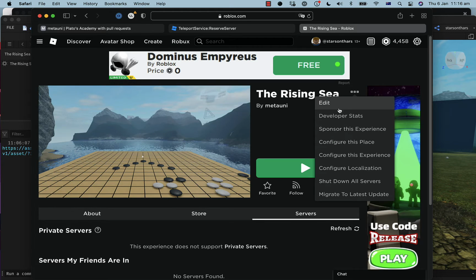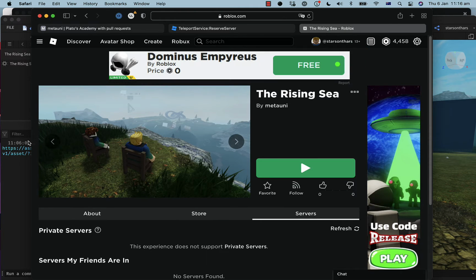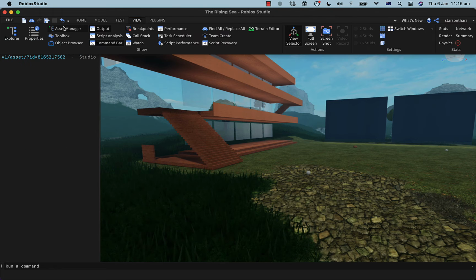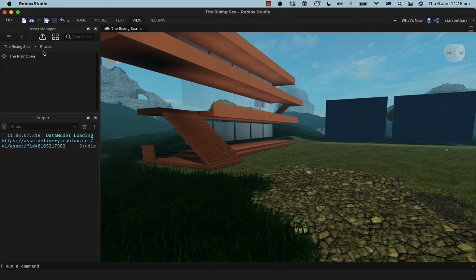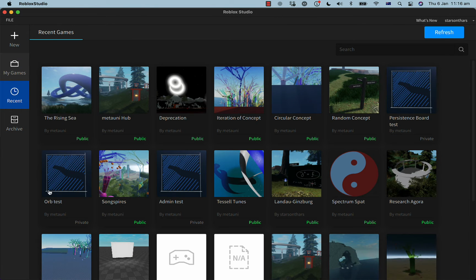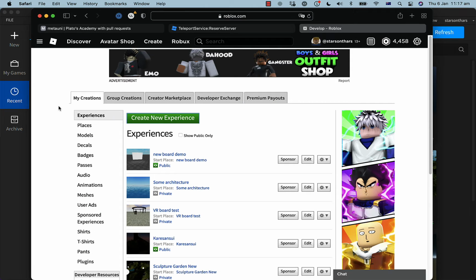So there's configure this place and also configure this experience. They're not the same thing. So let me see. How would I get to that place directly? Maybe there's no way necessarily to access it via the web. If you go to Create on the main Roblox page, on roblox.com, if you hit create, yeah, so you've got experiences and places.